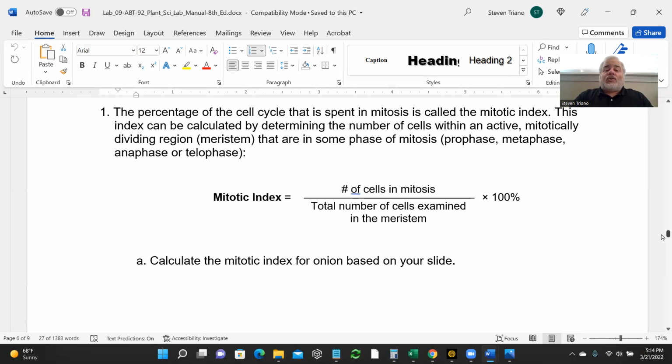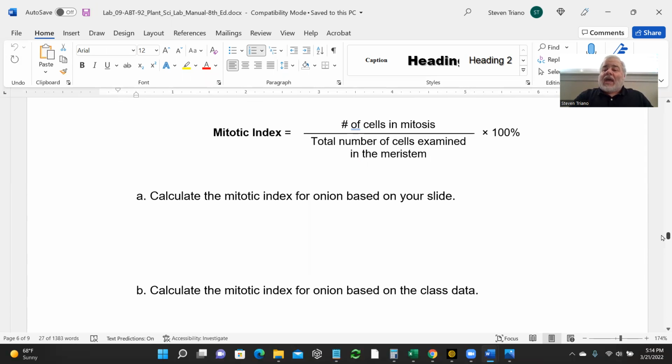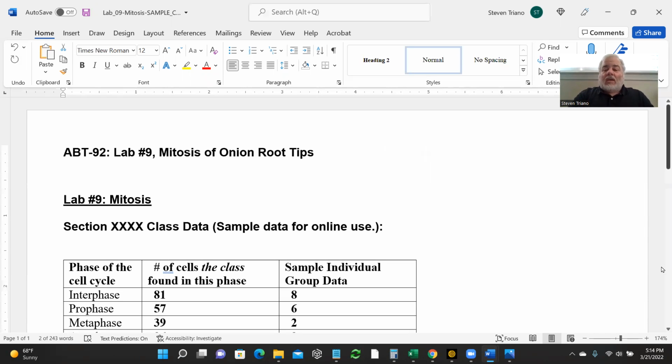Now, if you have a lab partner that actually did it in class, or you have other access to class data, then use that. So the mitotic index based on your slide would be